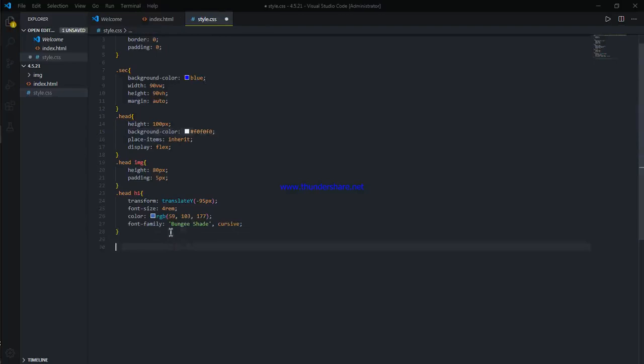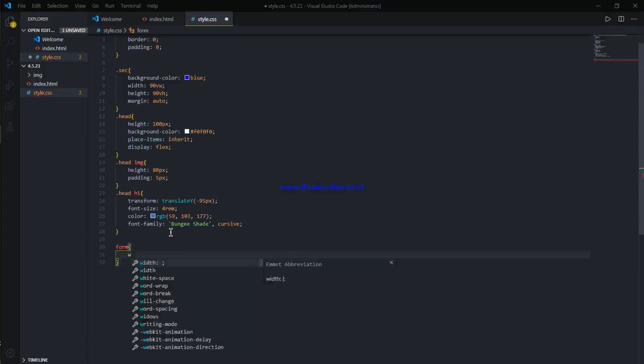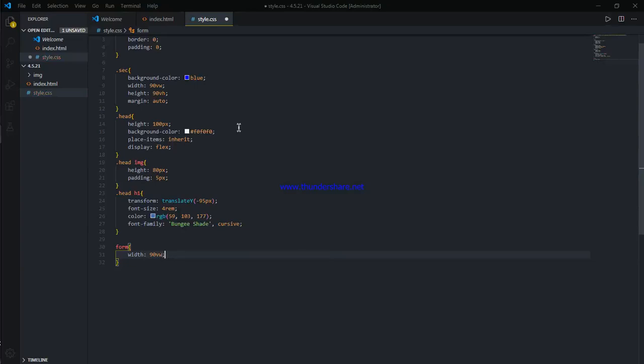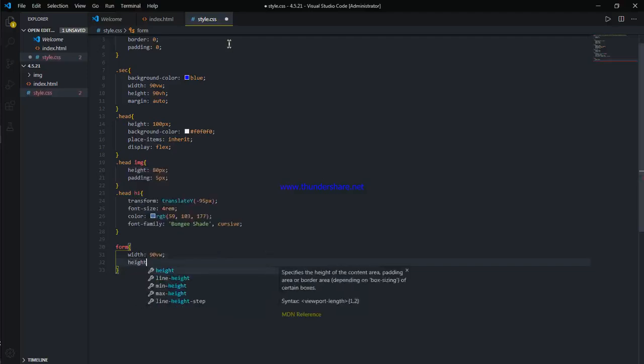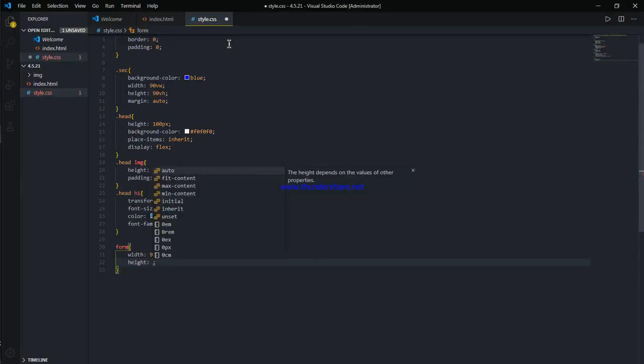So we can just directly say form: the width should be the same as this, that is 90vw, and the height should be something like 100 pixels, as this one is 100 pixels.